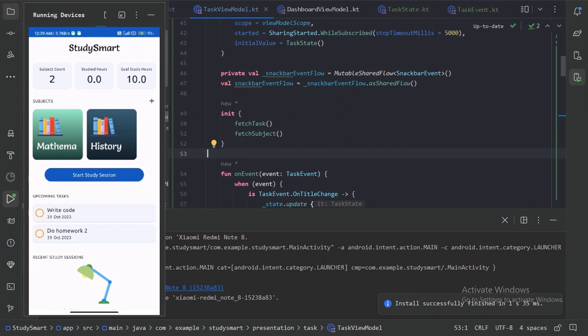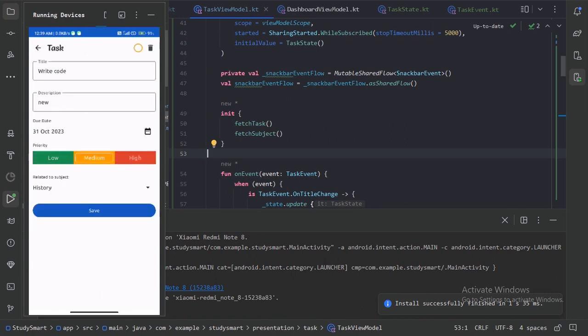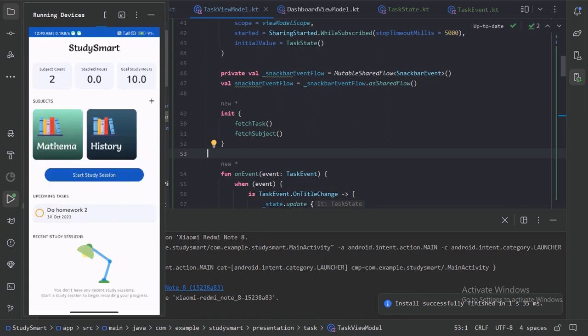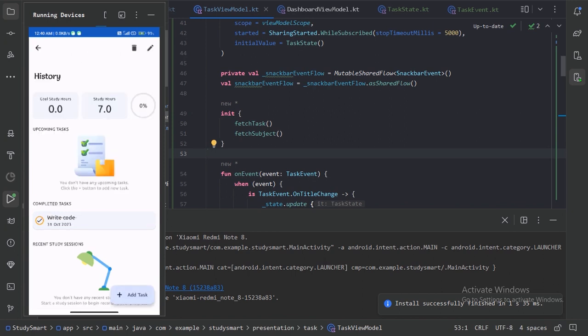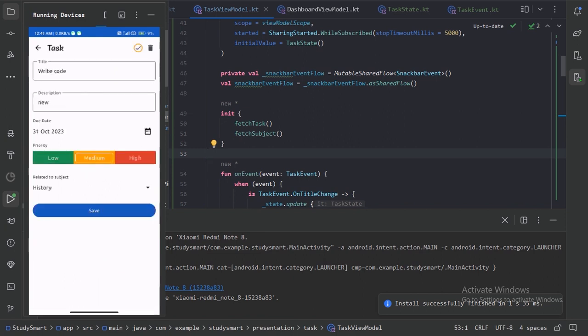And again let's click on this card. Let's click on this is complete checkbox. So here the check mark has appeared. So let's save this. So it has moved from this upcoming task list to the completed task list. Let's open this history subject, and here we can see in the completed task list it has been added. Let's click on this task card,